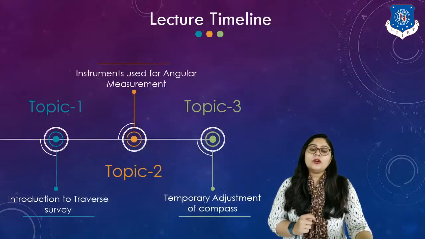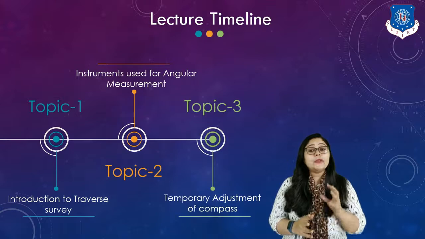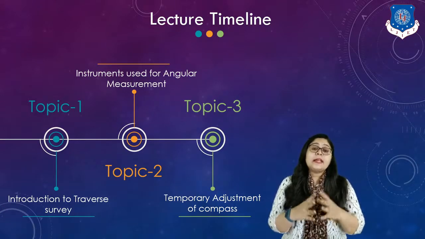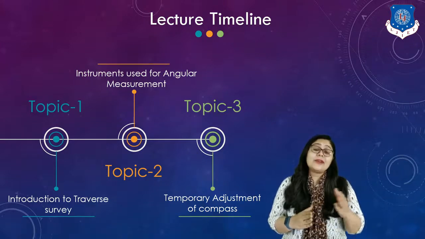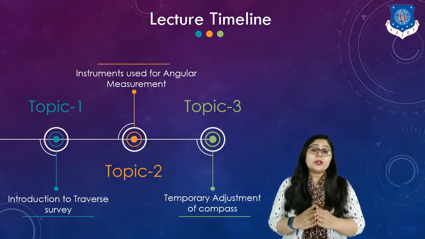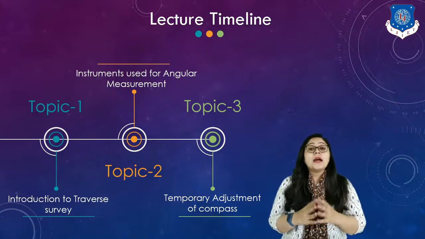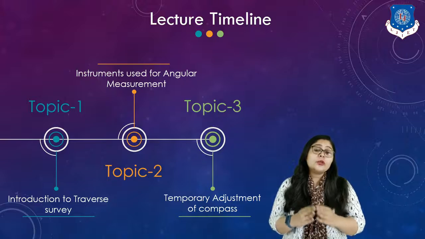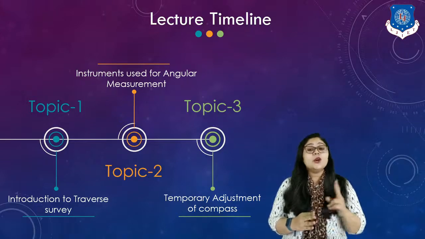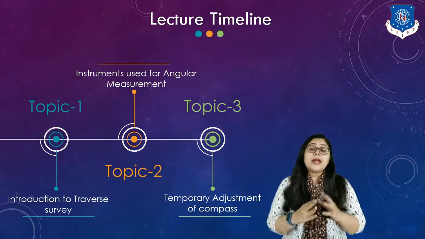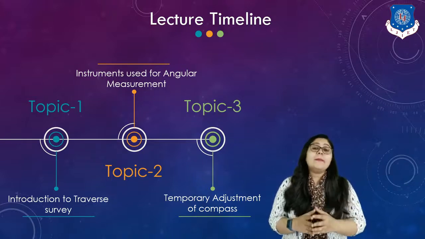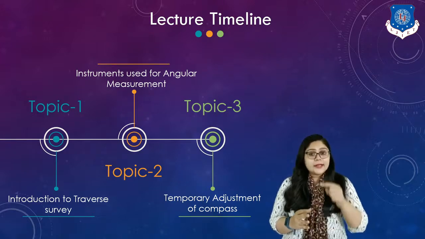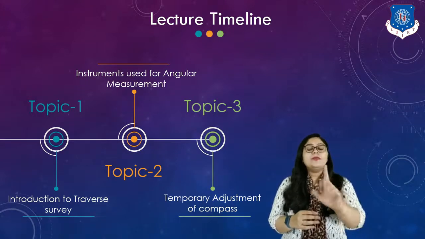So that's all for today's lecture. I hope now you understand what a traverse survey is, and particularly for angular measurement we go for the traverse method, or the traversing method, or the compass survey method, right? While we go to the field, which kind of instrument are we going to use? We are going to use a compass, basically of 2 types, prismatic and surveyor's. And if I have to adjust that compass, what are the 3 steps that you must know now? They are centering, leveling and then focusing.